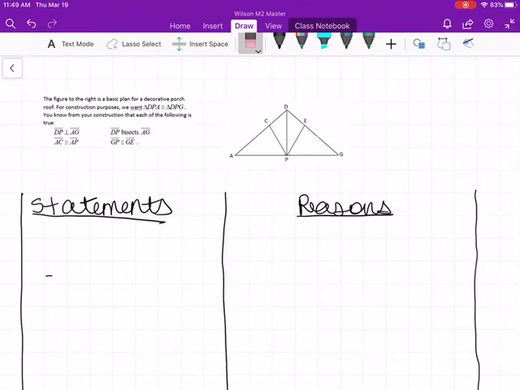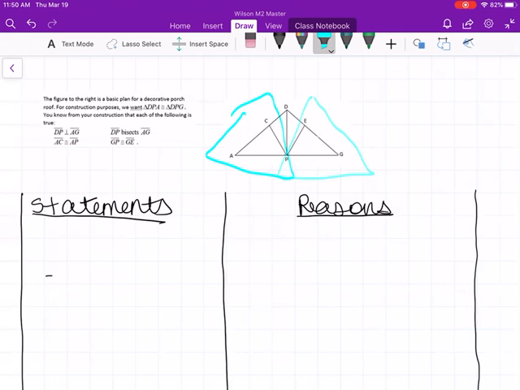Okay, so what I'm going to do is show you how to do 5e. This particular proof is a little lengthy and complicated, so we wanted to give you a video to help you with this. Alright, so as I always tell you, you need to have a plan for your proof. So my plan is that I am going to prove ACP